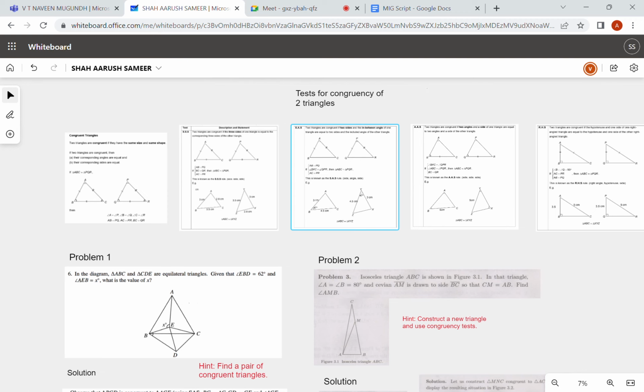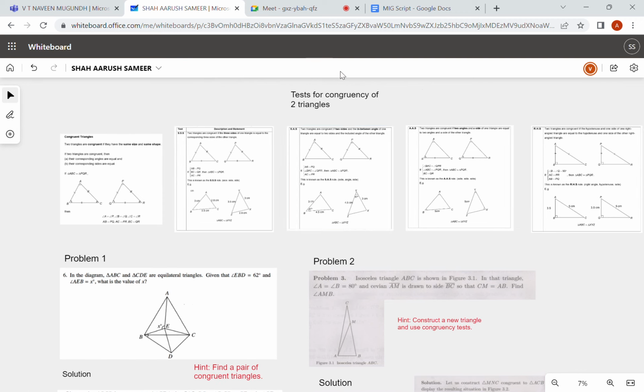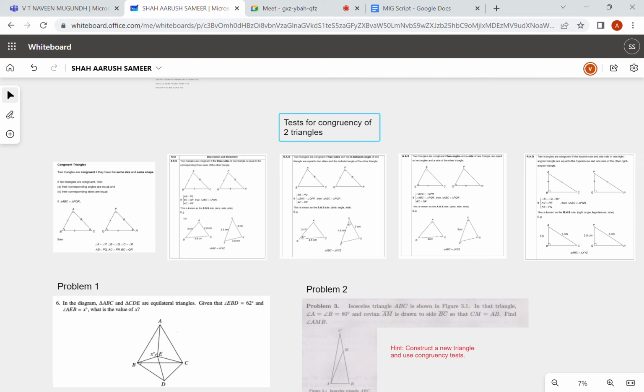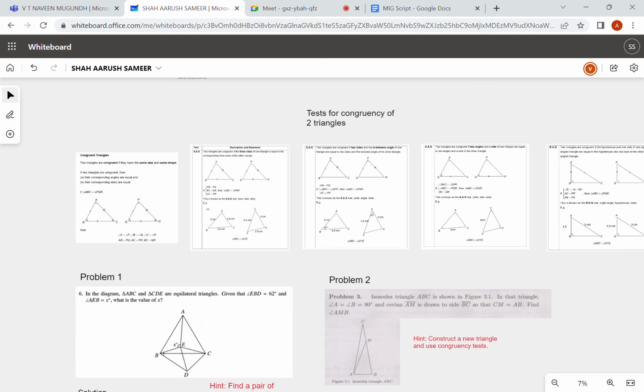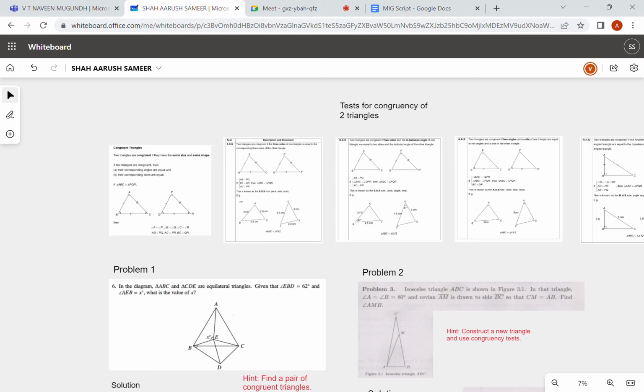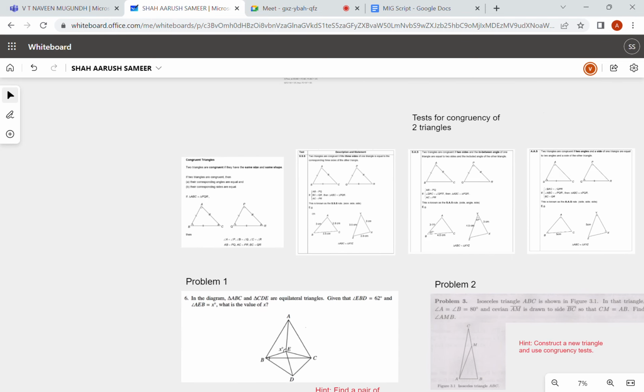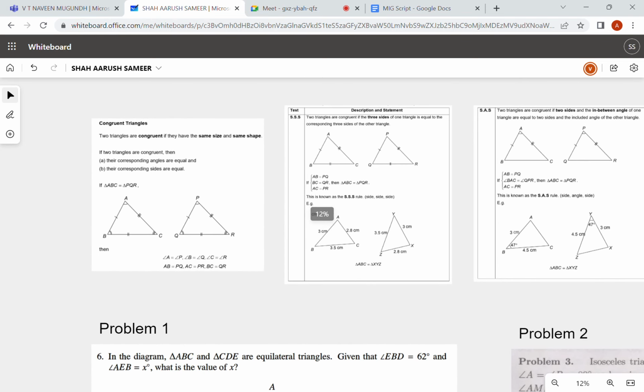Today we're going to be teaching you about congruency, and then we are going to be giving you some examples of some math olympiad problems which are related to congruency. So first, I'll start off by telling you how to prove that two